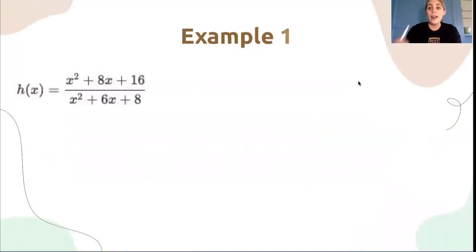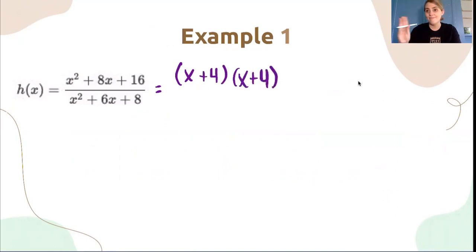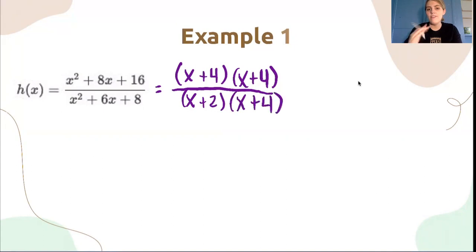On example 1, I have to start by factoring. And I'm going to factor these more quickly today. If you need a brush up on how to do this part, please let me know. There are also many great videos out there. Okay, so this is my factored version. So I have x plus 2, x plus 4, x plus, yeah, you see that. I don't have to read it for you. I'm going to simplify it, and I end up with x plus 4